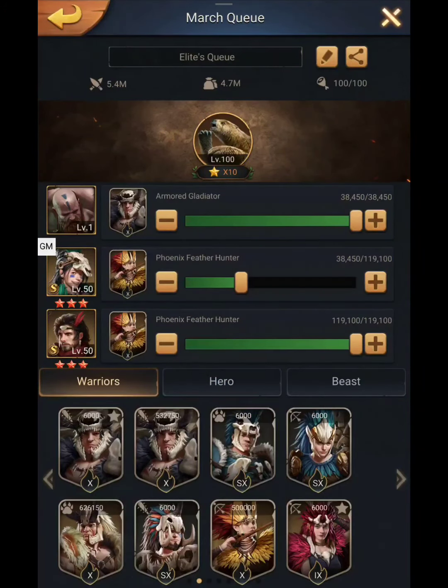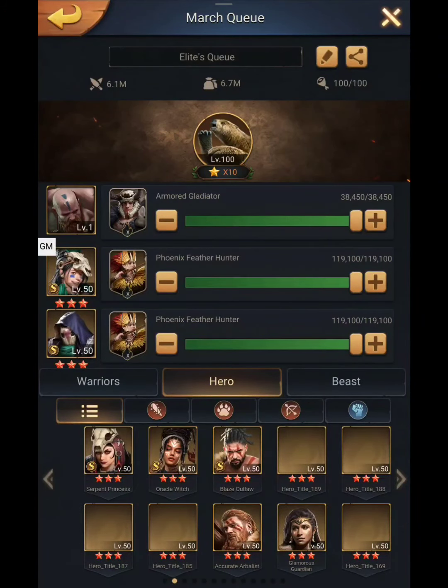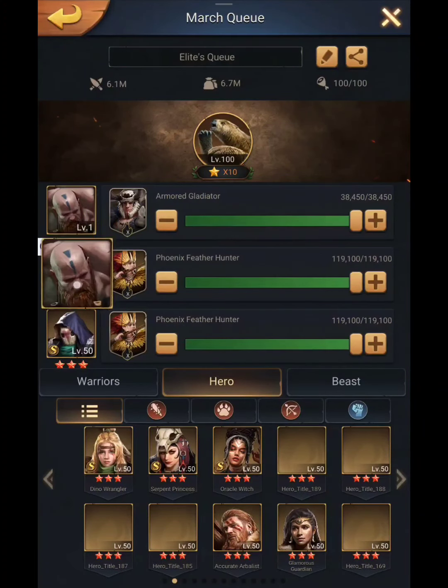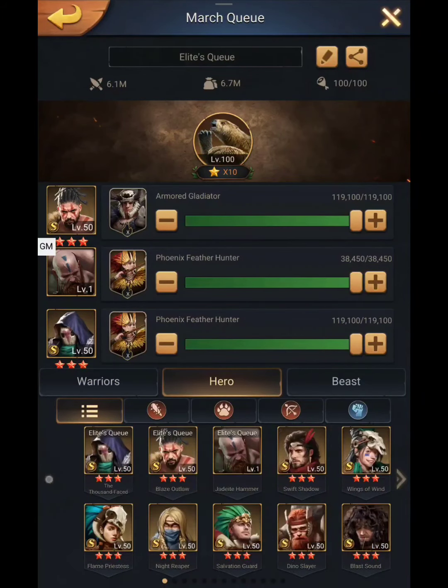I'm just a big fan of Jadeite Hammer, especially for free-to-play players. I'm also a big fan of Wings of Wind and Cassar. These two are an amazing and crazy combo, and if you don't have them, I'm sure you will at least have Thousand Faced, who's completely free and you can get every island, and then Blaze Outlaw. And as a matter of fact, you could run Blaze Outlaw with the infantry since he's universal. So yeah, you could do that. It doesn't work though with the Swift Shadow Cassar thing. Anyway, in the next video, we'll see why it's harder to make mixed comp work with cavalry,